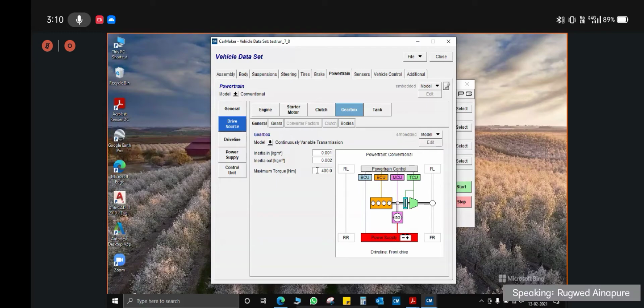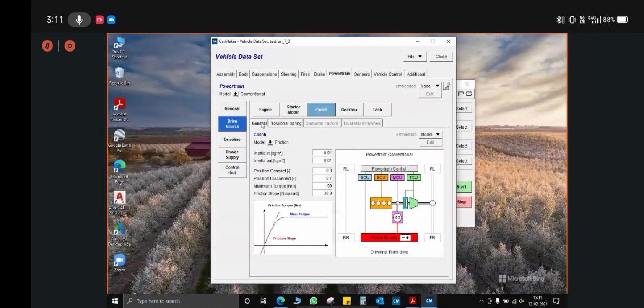So here also, how will the maximum torque come? Multiply your maximum engine torque, which has to be taken as 19.2 Newton meter, with your CVT low ratio. That will give you the maximum torque. The maximum torque value here and the maximum torque value here should both be the same.